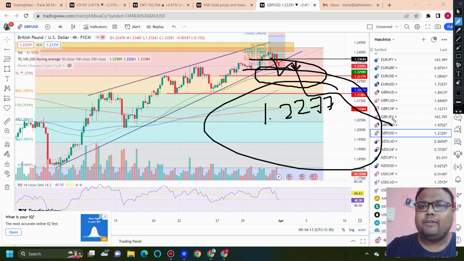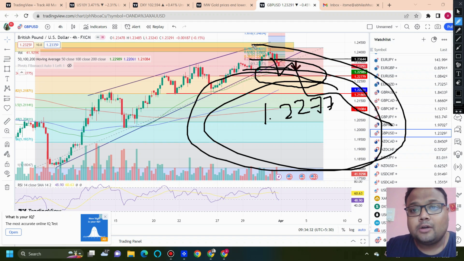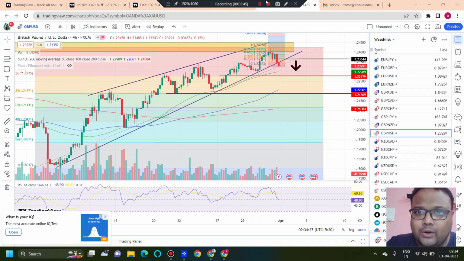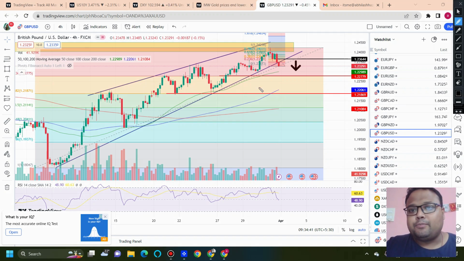So as a result, I will be looking for buy opportunities around 1.2277 because DXY or US dollar is weak fundamentally. If any news comes out and if it changes the game, then that's a different thing. But right now in this ongoing situation, there is a possibility that market will take some support around 1.2277 level. And if 1.2277 level fails, then the next strong support where we have a good amount of buyers is around